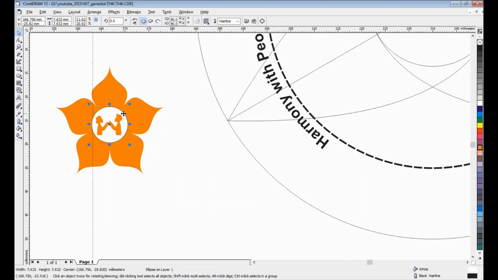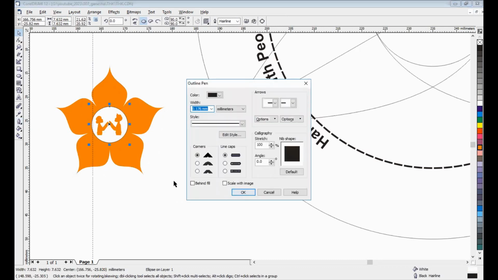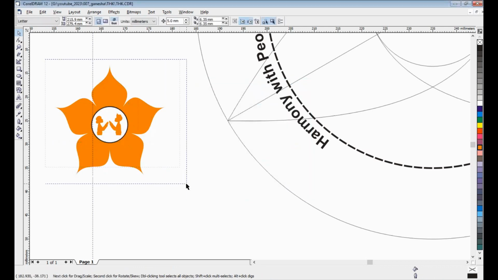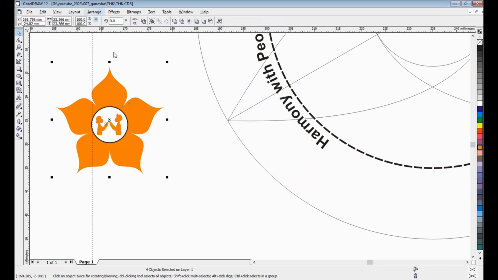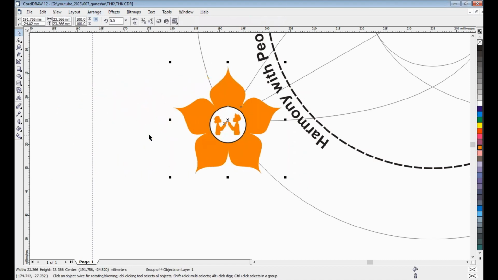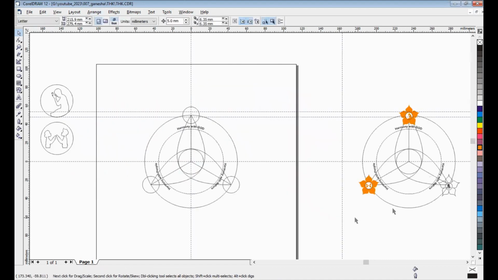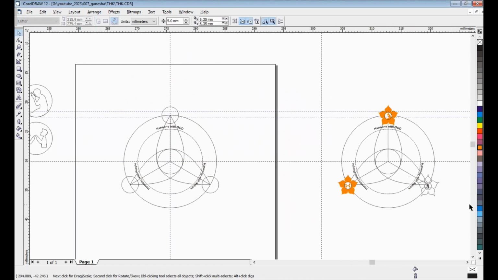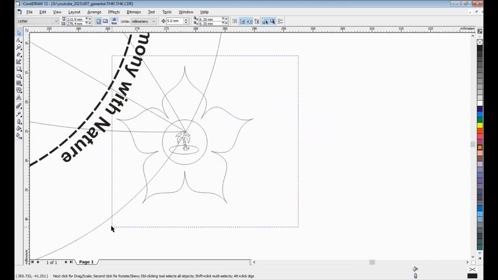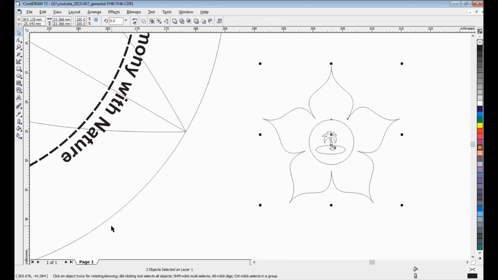Okay, maybe 0.7. Okay, that's it. Okay, arrange, group and place here. Clear. 1 2 3 4 5.